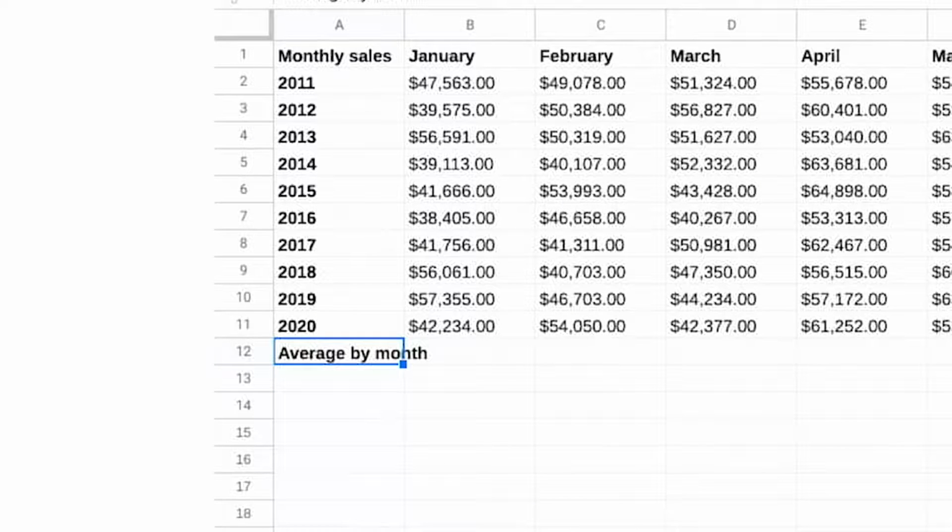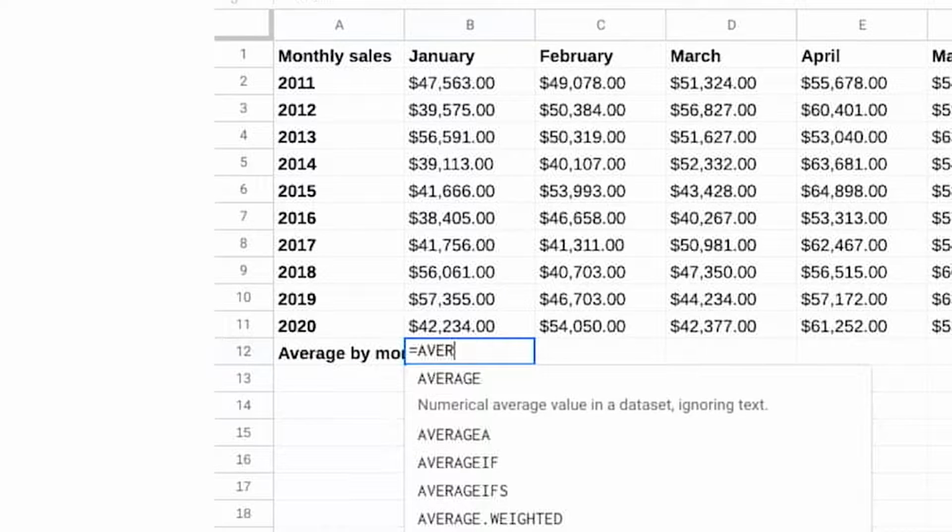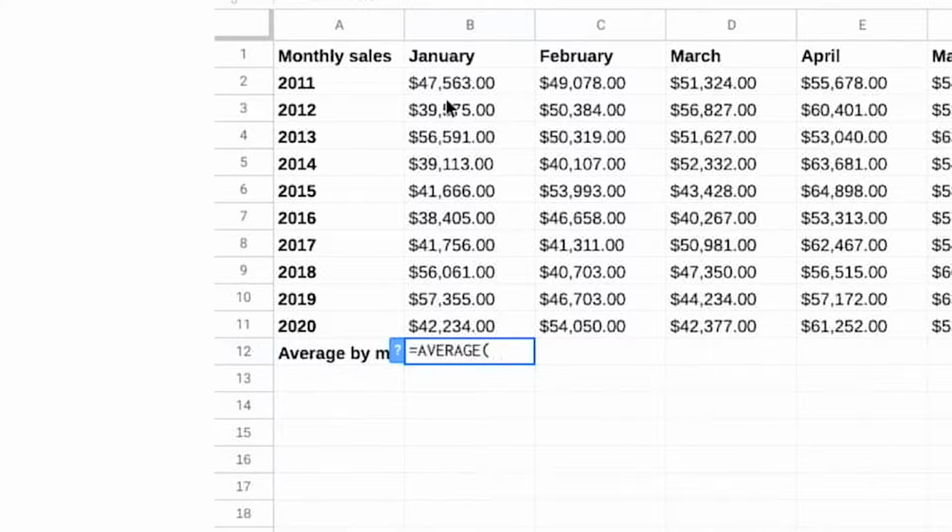To find our averages, we'll calculate the total and then divide that total by the number of values we added to get it. We can do this by using the average function. Between our parentheses, we'll select the cells that contain the sales data for January, B2 through B11.